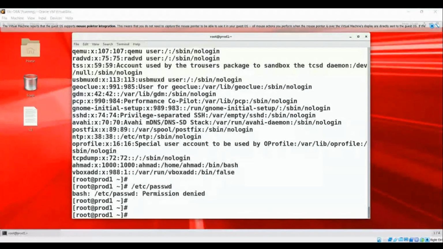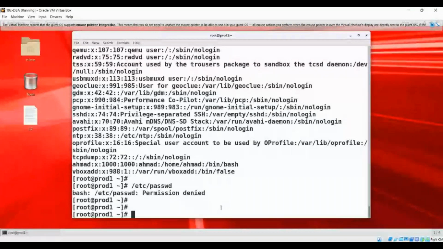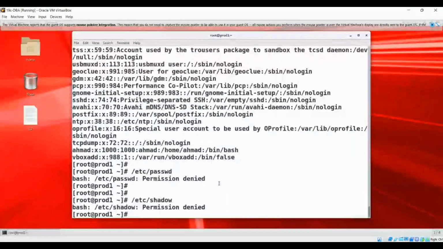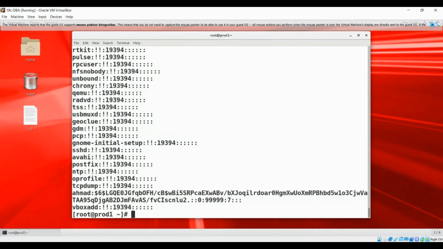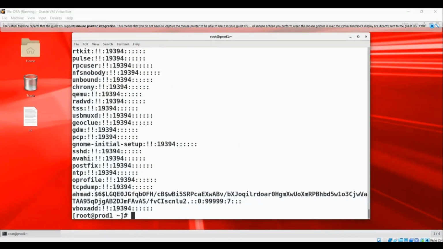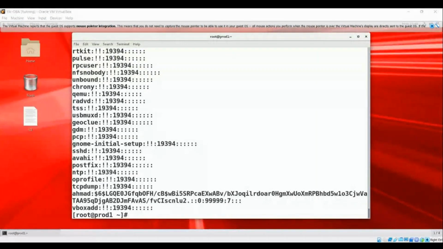Then secure user account information will be stored over here, cat /etc/shadow. So this will store secure user information, and then group account information will be stored in